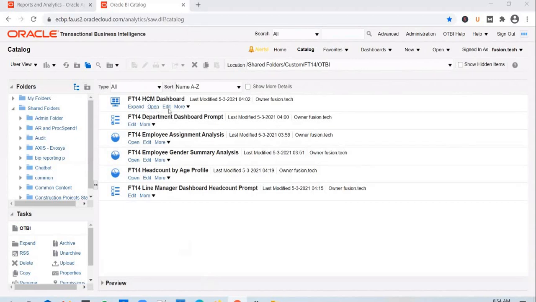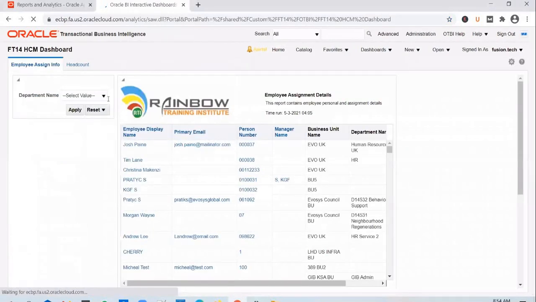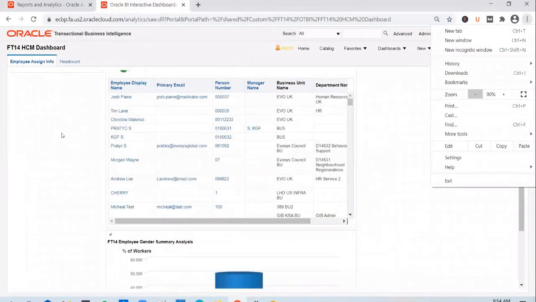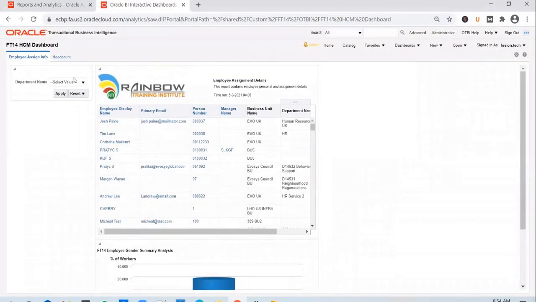So if you look at the dashboard in the first page, we have added 2 reports, right? And how did we create this dashboard prompt? We created this dashboard prompt with the same subject area and the same column that we have on the report. And on this report, what did we do? We applied a filter on the department name. And what did we mention? We mentioned it as is prompted. Remember the change that we did? That is prompted means this report will take the input from the dashboard prompt.